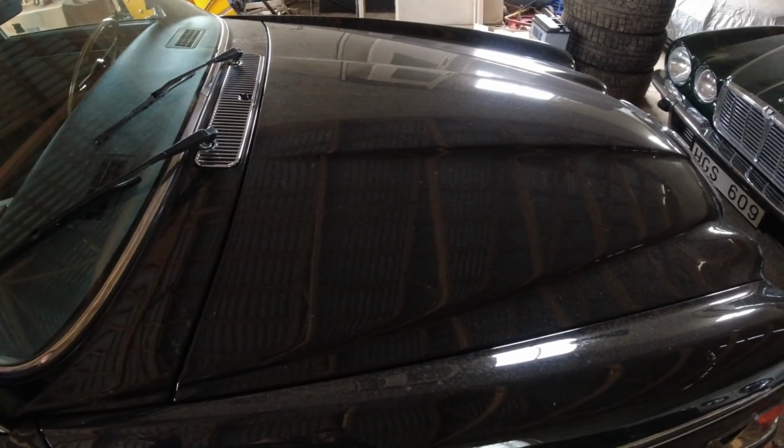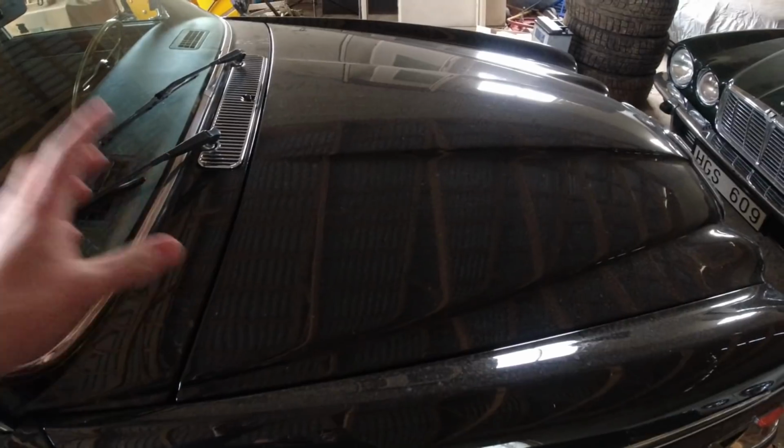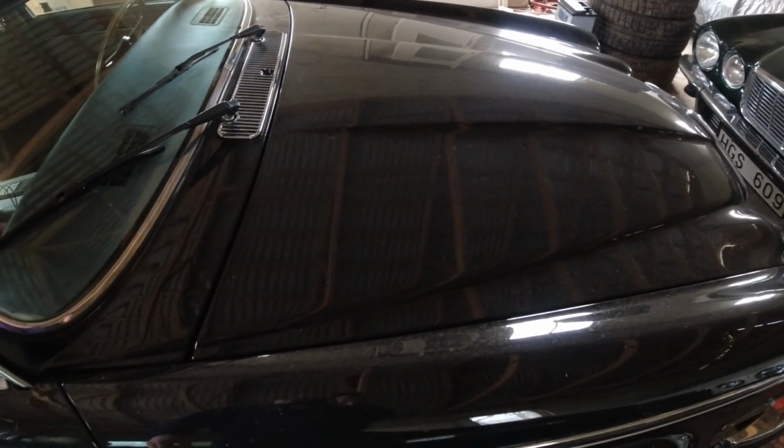We're going to take off the injectors, fix those, take off the inlet manifold to get down to the cam covers to replace those gaskets. So it'll be a video on removing everything to get to the cam covers to change those gaskets on a